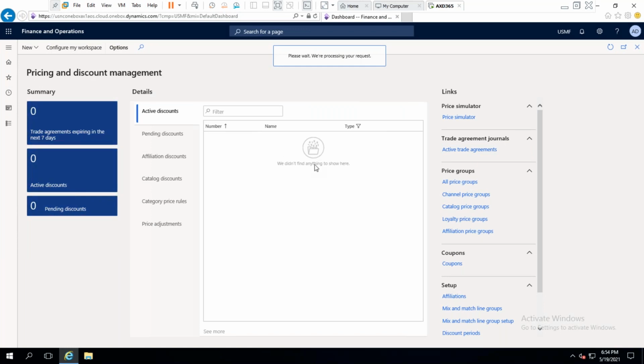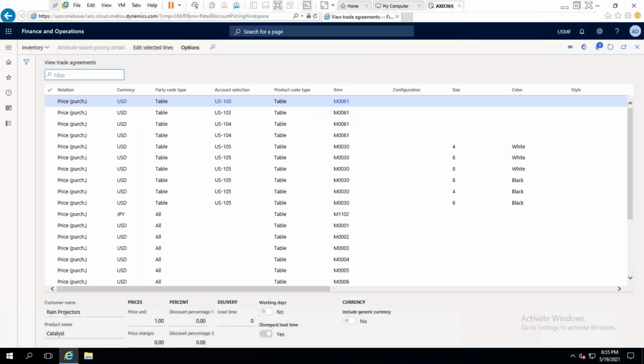Active trade agreement journals will open the corresponding forms. Okay, fine. One drawback for me is that I cannot show you the Power BI reports,